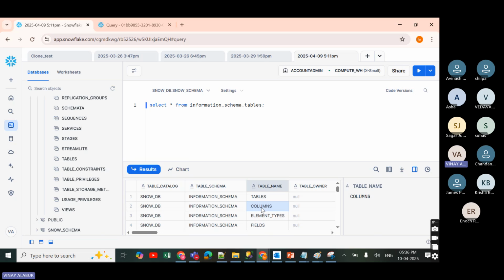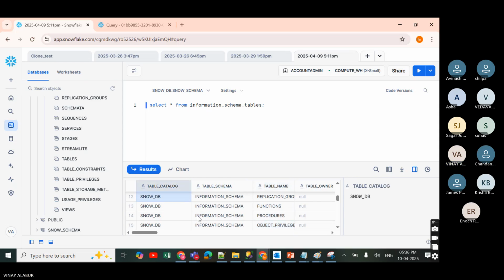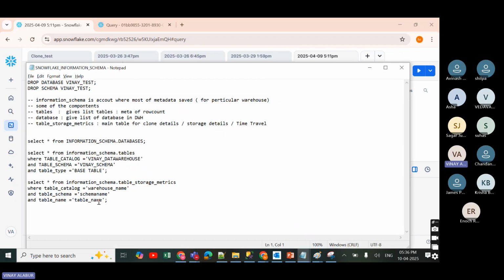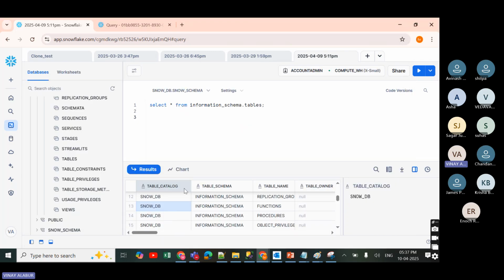The tables view has different columns. Look here. Please understand what the table catalog represents. It is the database, exactly. You have to remember: in information schema tables, it is table catalog, not table. In this case, table catalog represents your